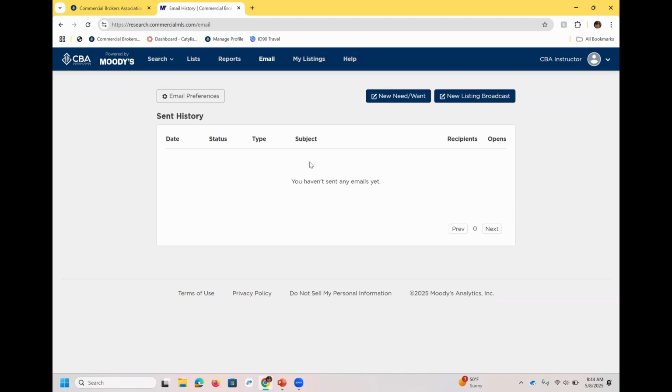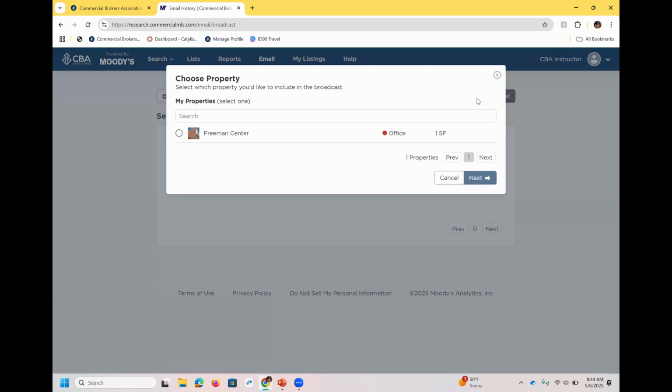It'll also allow you to click on it and preview what that broadcast email looked like. You can go ahead and click New Listing Broadcast to send a new one. Keep in mind, all broadcast emails,